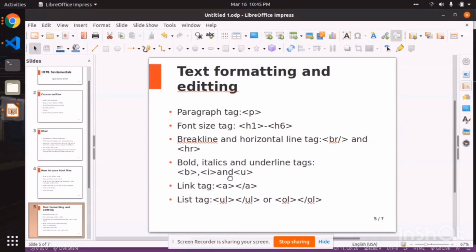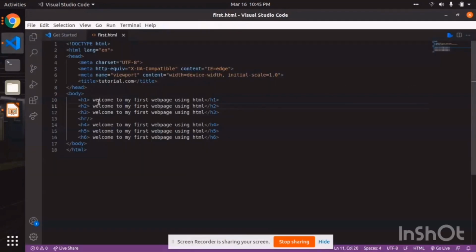So let's look at other tags: the bold tag, italize tag, and the underline tag, right? Then after that, we look at how we can link two pages, and then lastly, we look at how to make a list, right? How to make a list. Okay, so let's move back to our VS Code editor,